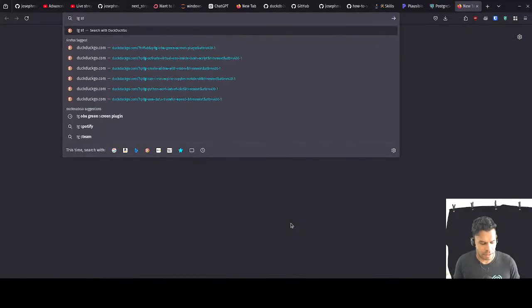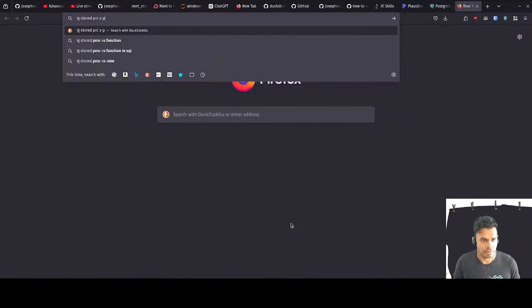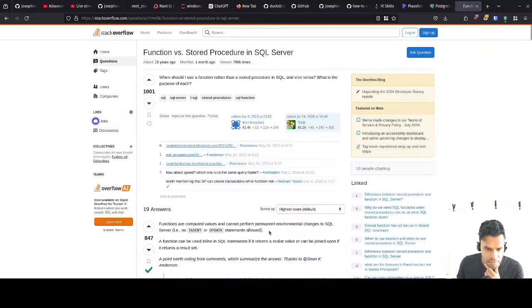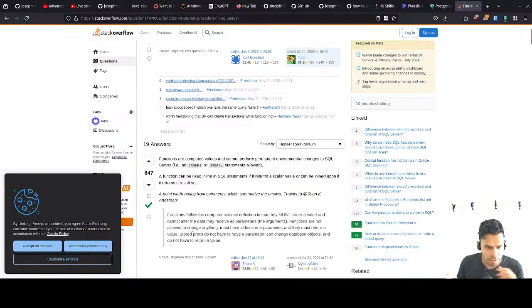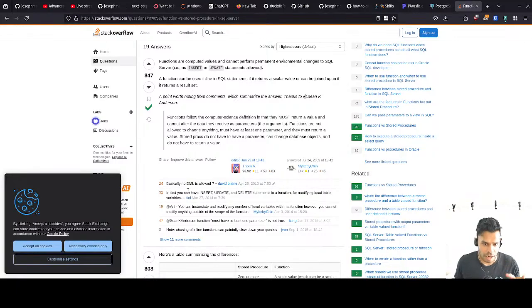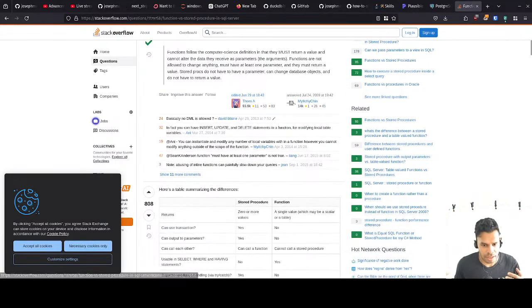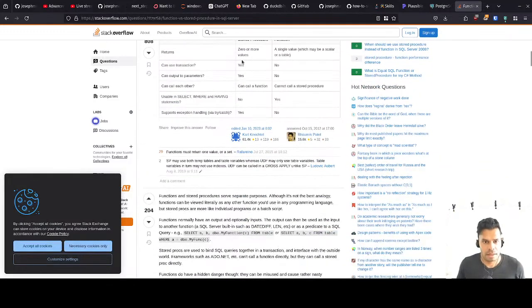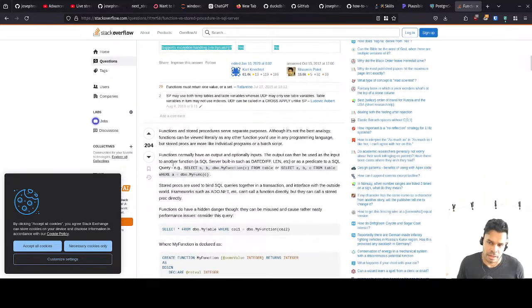Even if you see here, if you take a look at this, I don't have any article, but we can look at this. Functions do some computation and give you a value, right? A stored procedure can run anything, but it's not really giving you much, if that makes sense. There are nuanced differences, but the key idea is